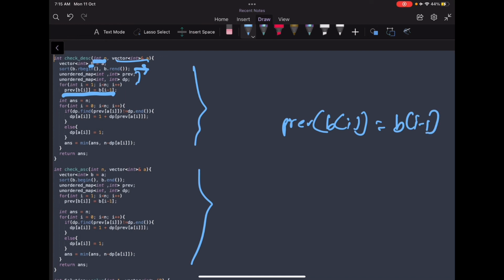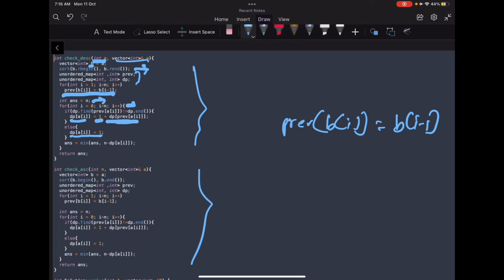And then I initialize answer as n, because n is the worst case. As we discussed earlier, we can always sort the array in n moves. It cannot be more than that. So what we do is we start iterating from left to right. For every number I check if the previous number of this number has arrived already, then it must have some length assigned to it. I add 1 to that length, and I set dp of this number as that length. Otherwise I set dp of this number as 1.